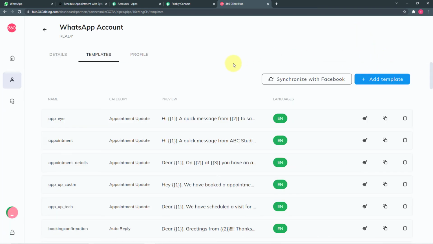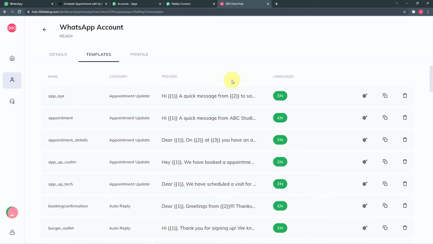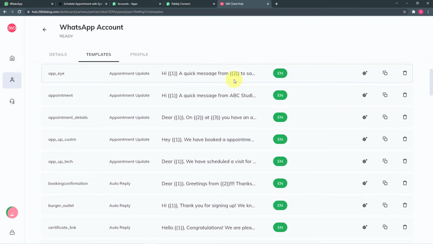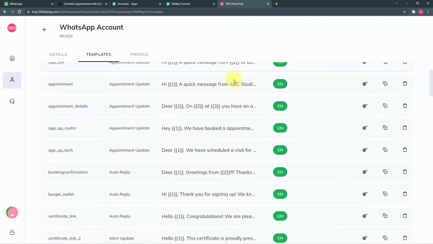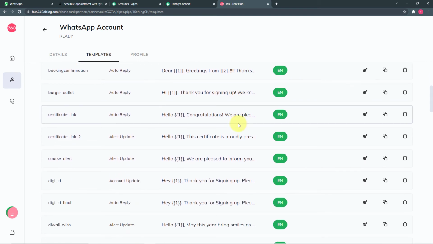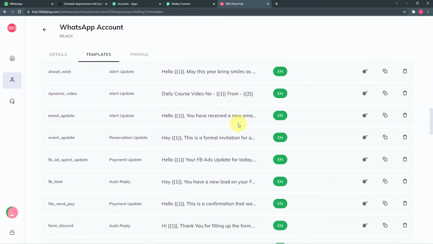So once your message template is submitted, WhatsApp's parent company, that is Facebook or Meta, will review your template and approve it. Okay, so the standard time of template approval, they say, is 30 minutes to 48 hours, but generally in real time it takes only 45 minutes to one and a half hours to get a template approved. So once you get your templates approved like these I have, you can use them to send messages on